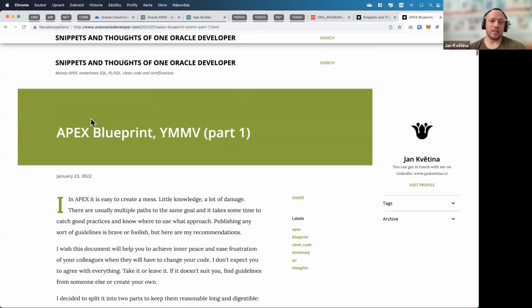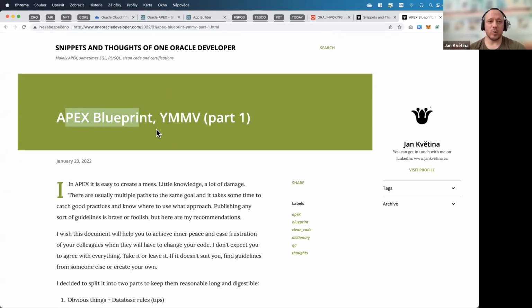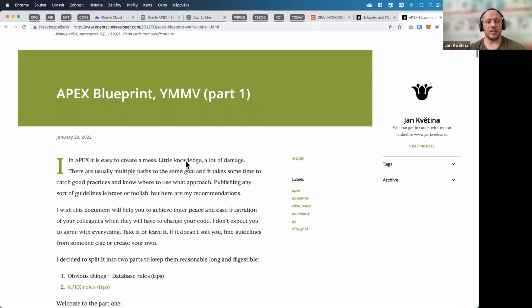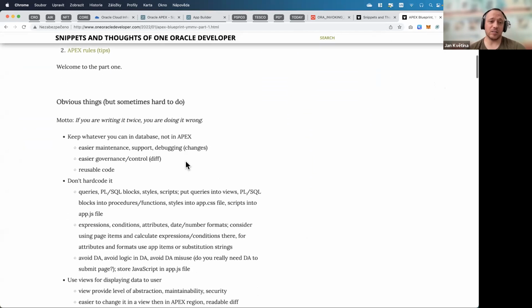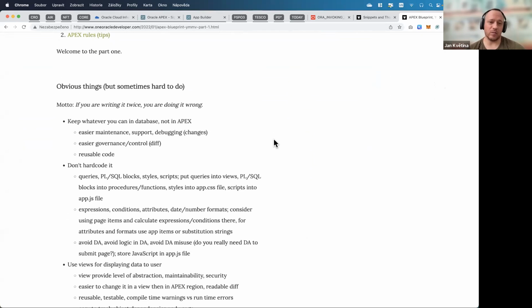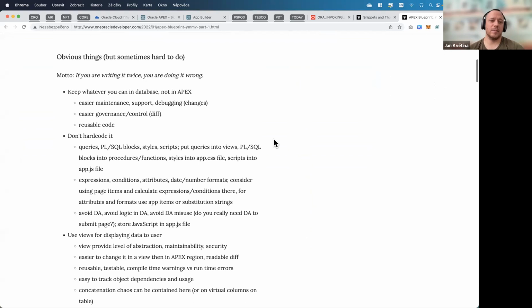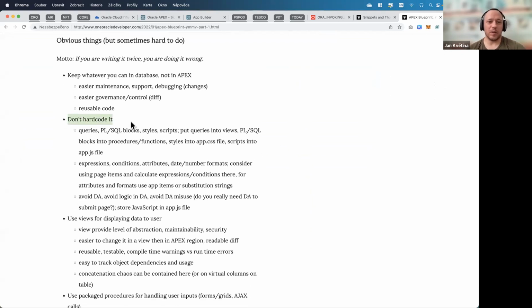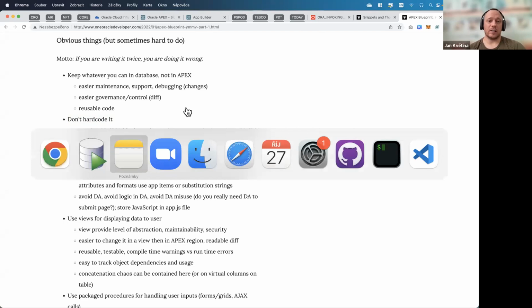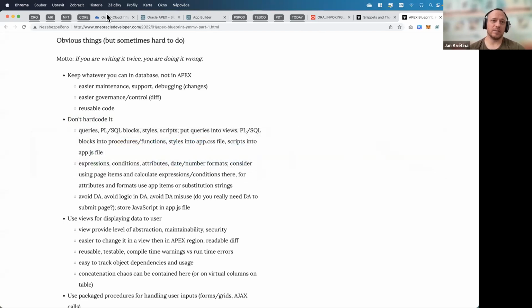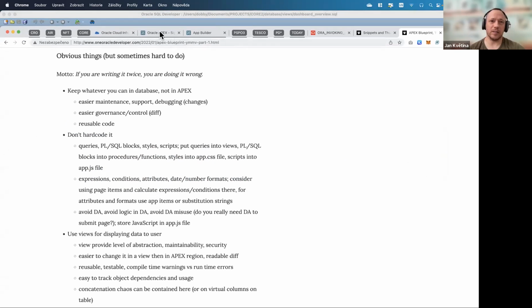If you struggle with this, then read the blueprint. Here are some suggestions on what you should do and what you should not do. For example, I'm not a big fan of hard coding, and it extends also to object references. Like if you have an Apex application,